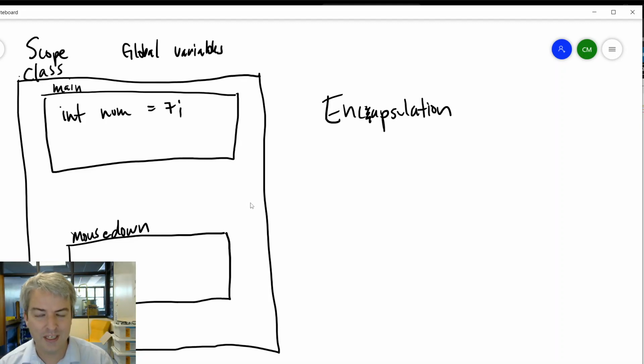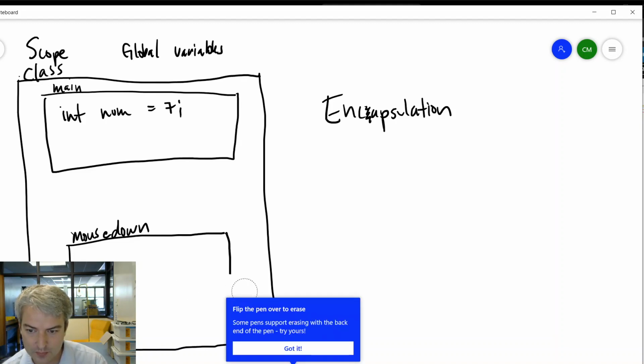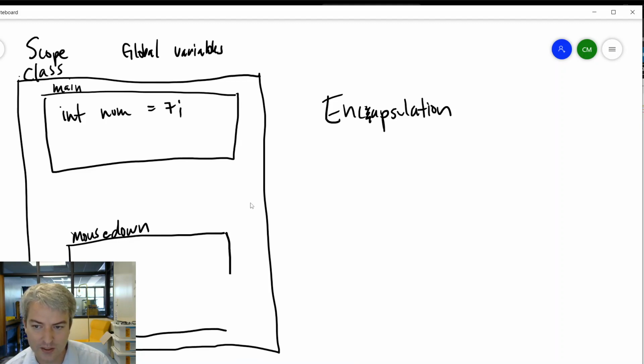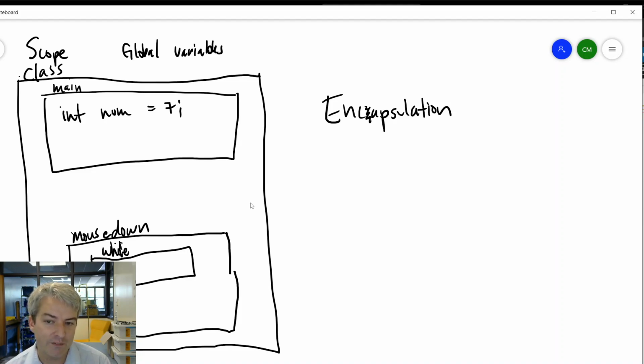All right, talked enough about that. So anything that exists inside of this box, and we can actually even go deeper with these boxes. Let me give myself a little more box room here. We can actually even go deeper because there are other boxes that might exist within mouse down, or within any method. For example, if I have a while loop, a while loop is an even smaller box than the mouse down, but it works the same way in that anything I define inside of this while loop, in count or in num or whatever it is, only exists within this block. While this block is running, it exists, but you can't access this variable outside of the while